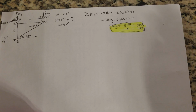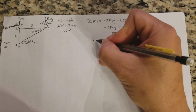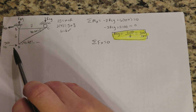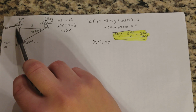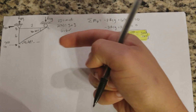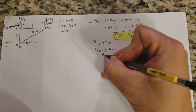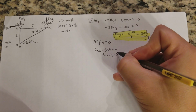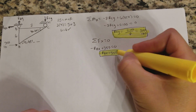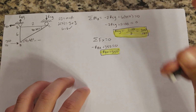If we keep moving, this time we're going to do sum of the forces. Moments are good to use, but they're a little harder than the sum of the forces, and forces are a little easier to see. Sum of the forces in the x direction, set that equal to 0. The only forces acting in the x direction are the 350 pounds and the negative RBX, right? So it's negative RBX, because it's going to the left, plus 350, because it's going to the right, equals 0. If you solve this, RBX is equal to just 350. It's a positive answer, meaning your assumption was correct for the direction. So RBX equals 350 pounds of force. I forgot the pounds, but...